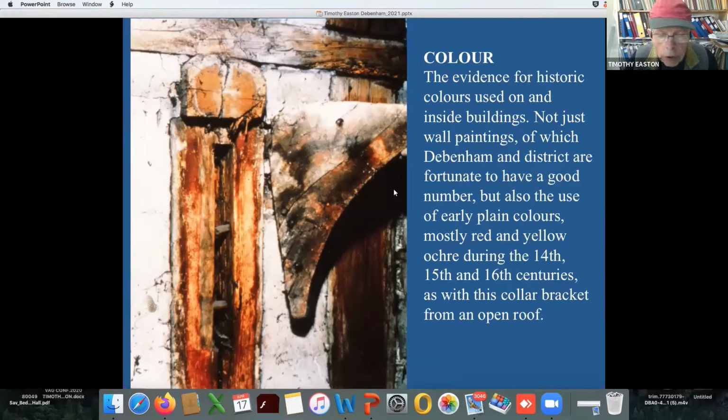But what I wanted to say was we took the drawings down to see Eric Mercer, and he encouraged me to join the VAG, and I came to a couple of conferences about this time, and I realized that the VAG was very good at drawing up all these buildings and things, and I was about to have an exhibition of sculptures in America. And so I decided to concentrate on three aspects which I didn't see covered by the